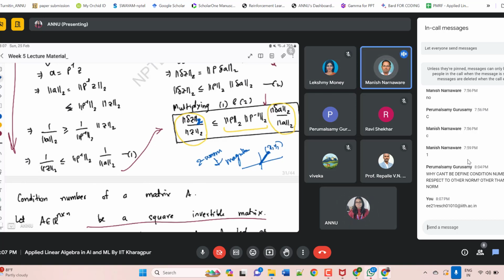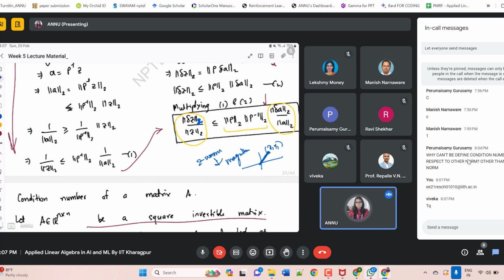Madam, can we have the questions covered in the previous week's assignment sometime? Okay, I'll be sharing in the sheet anyway. Or is the solution sufficiently given so that we can refer to the solution only? In every week, actually, I have solved the questions in the class, discussing with the students only. So okay, I'll share that. Okay, thank you, Manish.